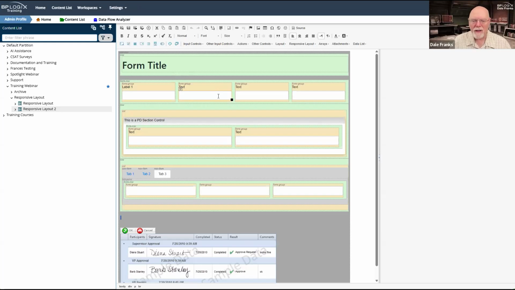This is going to make things a little ugly, and it's going to leave you with lots of extra vertical spacing. At some point, you're going to need to go back into your design view, and you're going to have to look for these extra rows. So right below my form title, I've got this extra space here. And on the form, which, man, I keep closing. That just must be some muscle memory I've got built in.